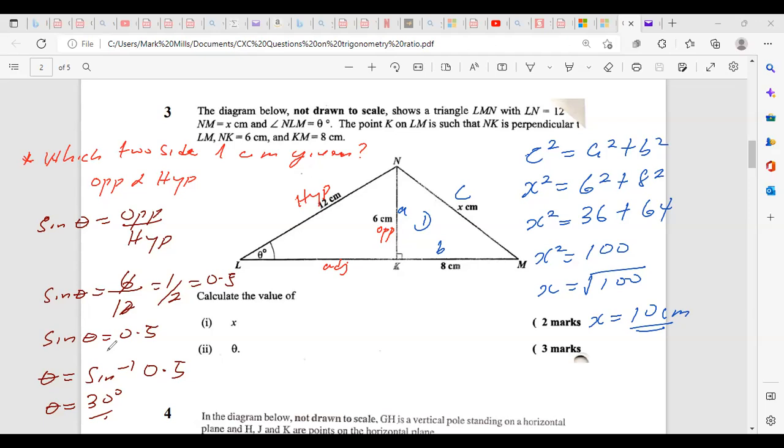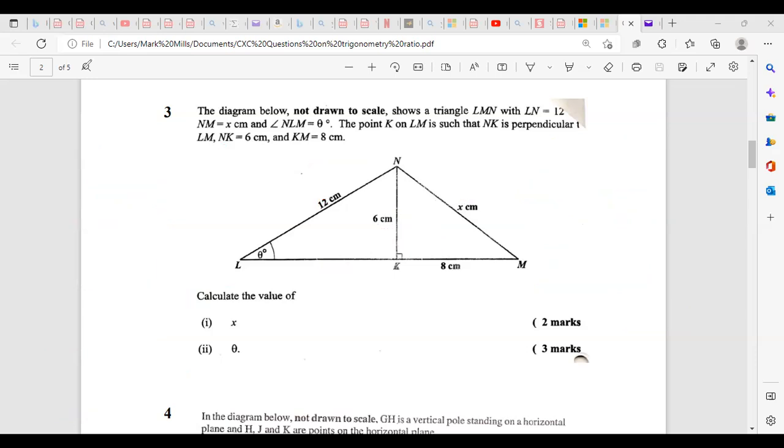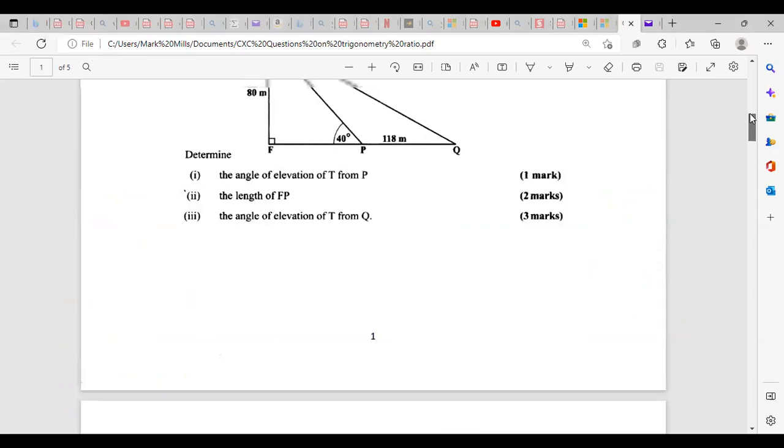Are we there? Any question? Okay, can we move on to the next question? Can we try another question? All right, so let's go now. We are going to try this question here. The first question here, I want us to try, not this one,